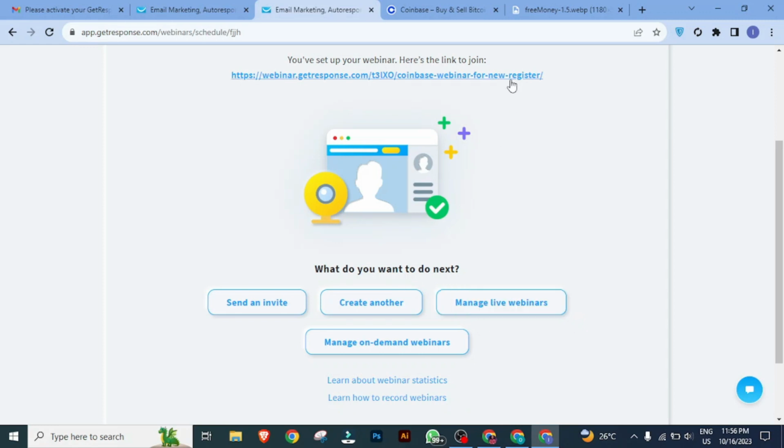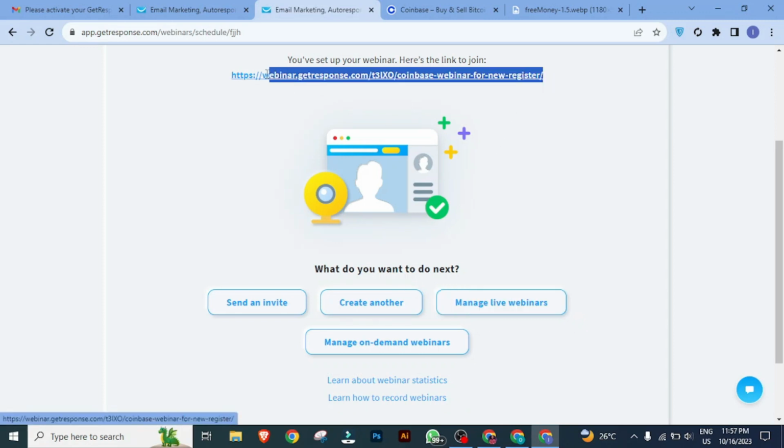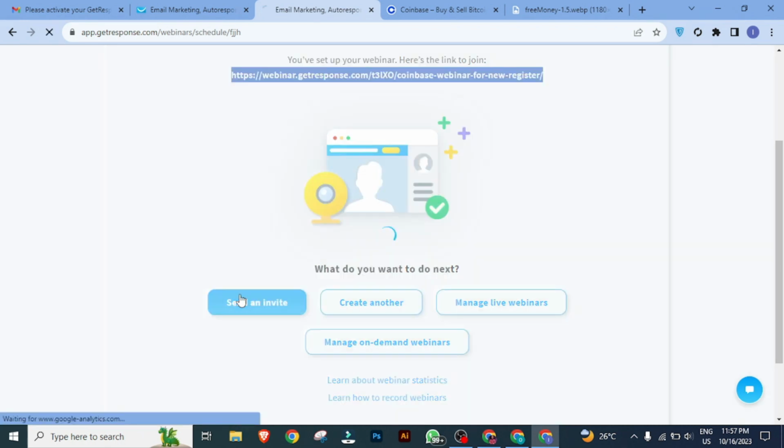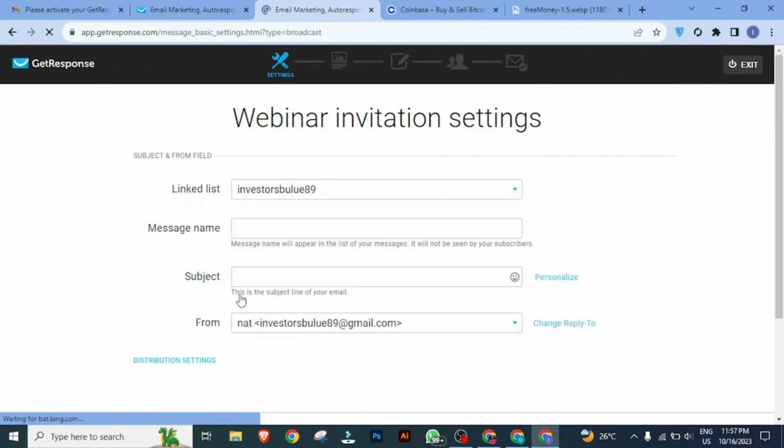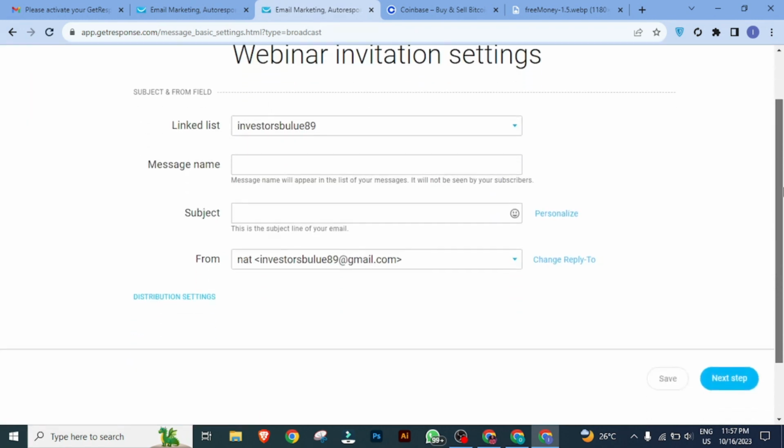Now you can send an invite, but this GetResponse will not allow you to, because it is free. You can send an invite like an email template. Can you see it? You start doing, let's proceed. Message name, this message will appear in your list of messages. It will not be seen by the subscriber. Let's say webinar email. Then subject, join Coinbase